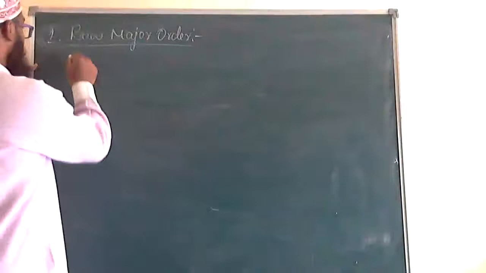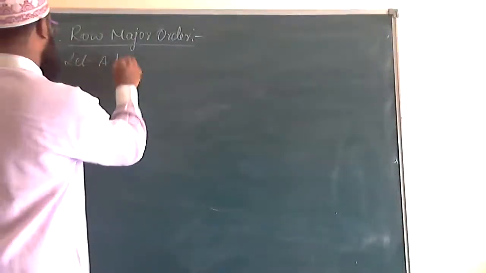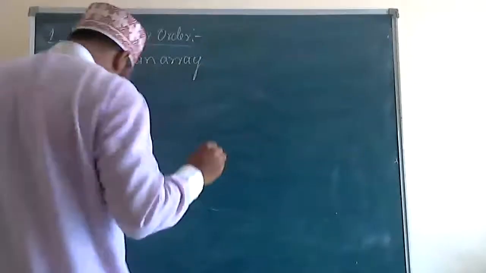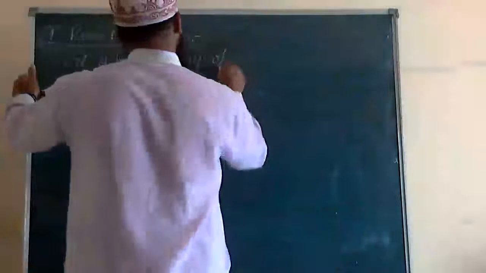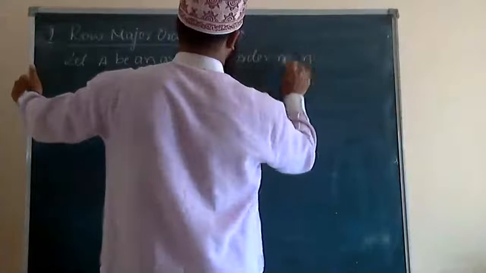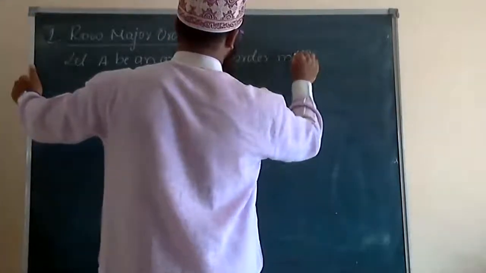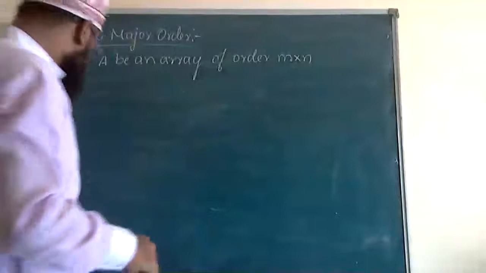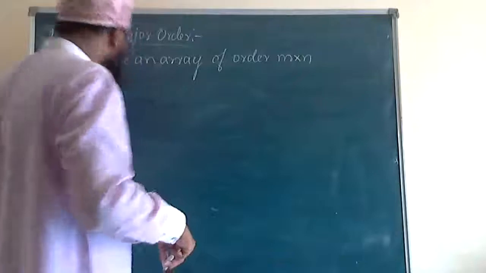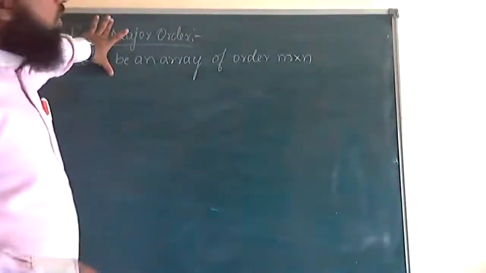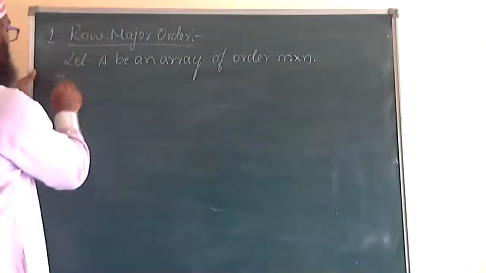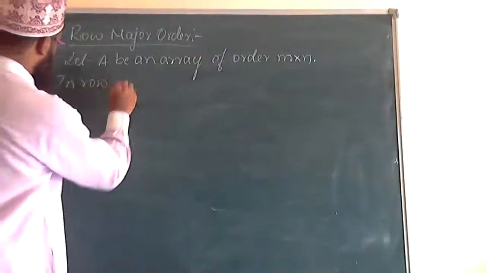we'll take the same example. Let A be an array of order m into n. Then here, what will happen? How does the row major order work? Here, let A be an array of order m into n. In row major order,